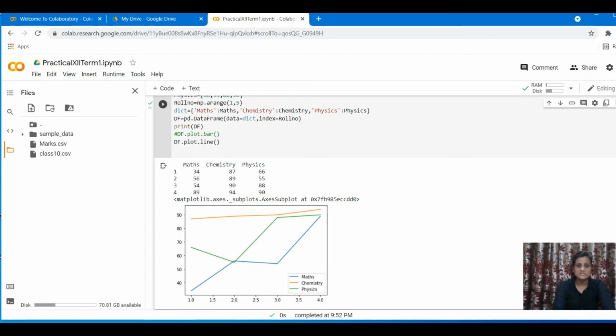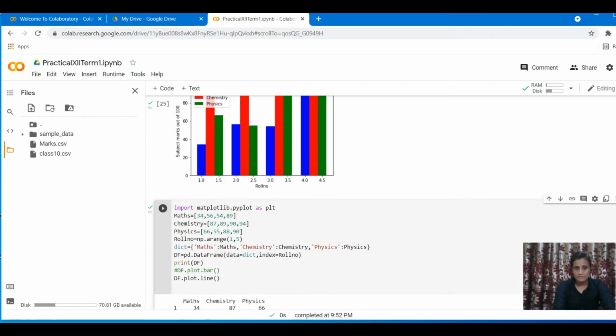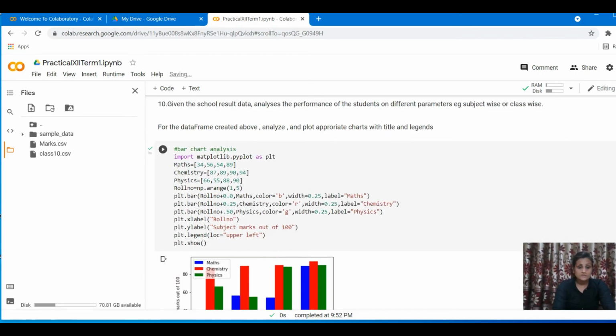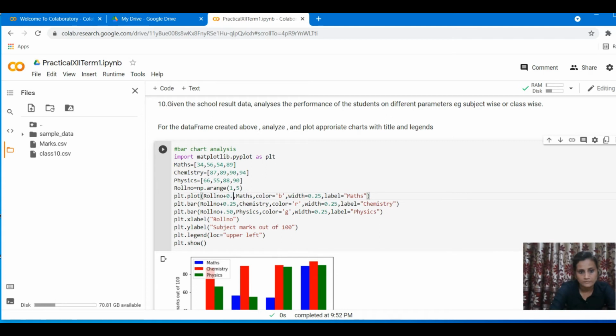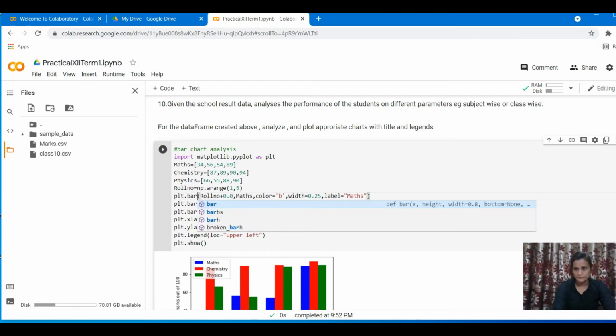What we change is only plot.bar to plot.line. And in the previous program where we were plotting like here, similarly, instead of this bar you have to use plt.plot if you want a line graph, and you will not need this bar shifting. This is what you can perform for all the examples and you will get your answer. So this is what you have to do and the line graph will be ready, which is very easy, I think.